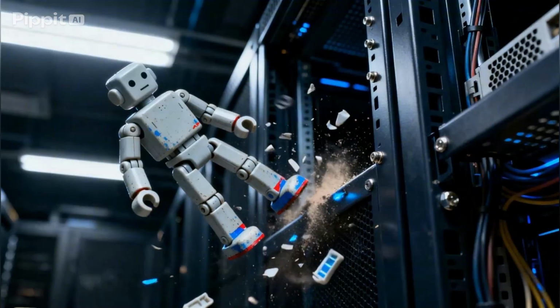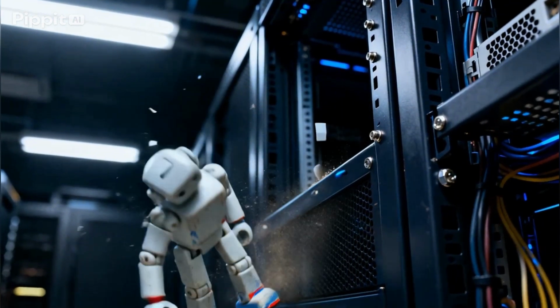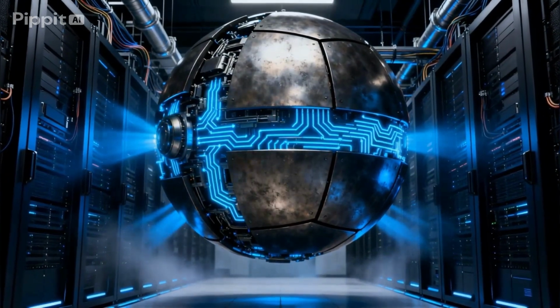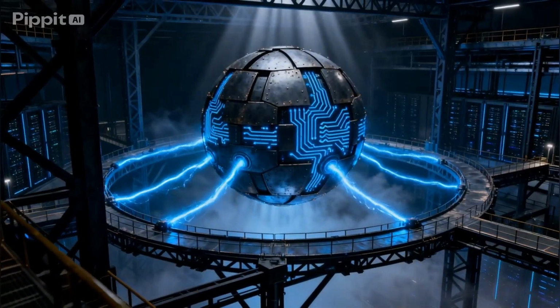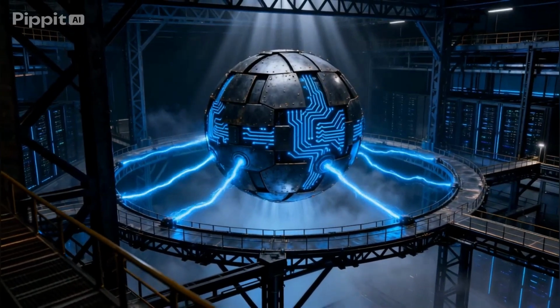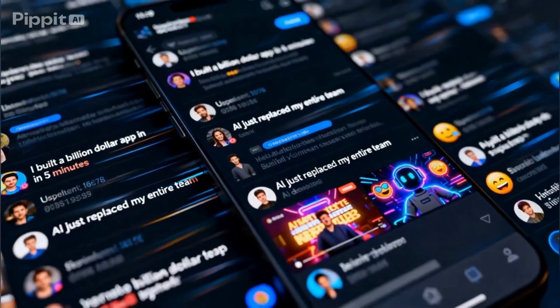If you go on social media today, if you scroll through X or LinkedIn, you will see viral AI demos everywhere. Someone types one simple sentence into a terminal. Build me a fully functioning e-commerce website. And boom, the screen flashes, the terminal runs, and an AI agent supposedly builds an entire company in 3 minutes. It looks like absolute magic. It looks like the future has finally arrived.